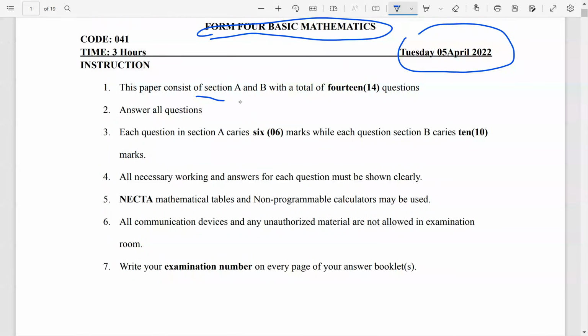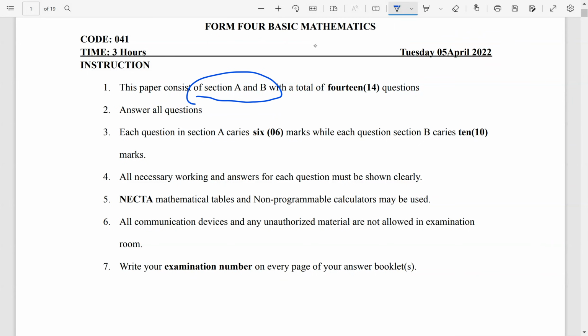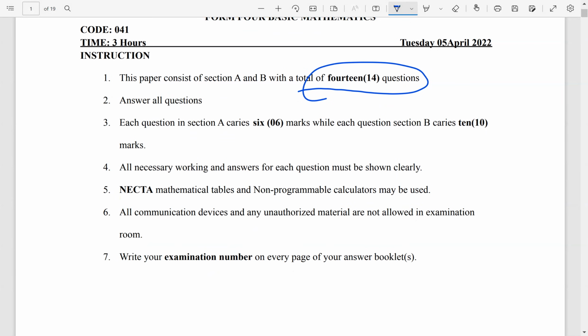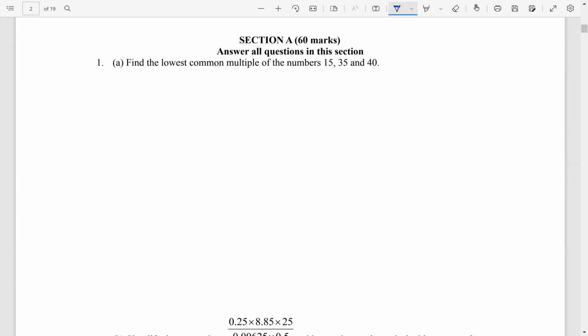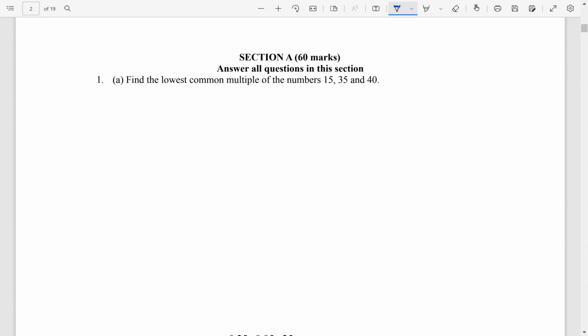The paper consists of two sections, section A and section B, and all the questions in both sections are 14 questions, dear students. We know that questions in section A each carry 6 marks, while questions in section B carry 10 marks. So we're going to solve a few of these questions from this paper. So the first question, here it is: find the lowest common multiple of the numbers 15, 35,